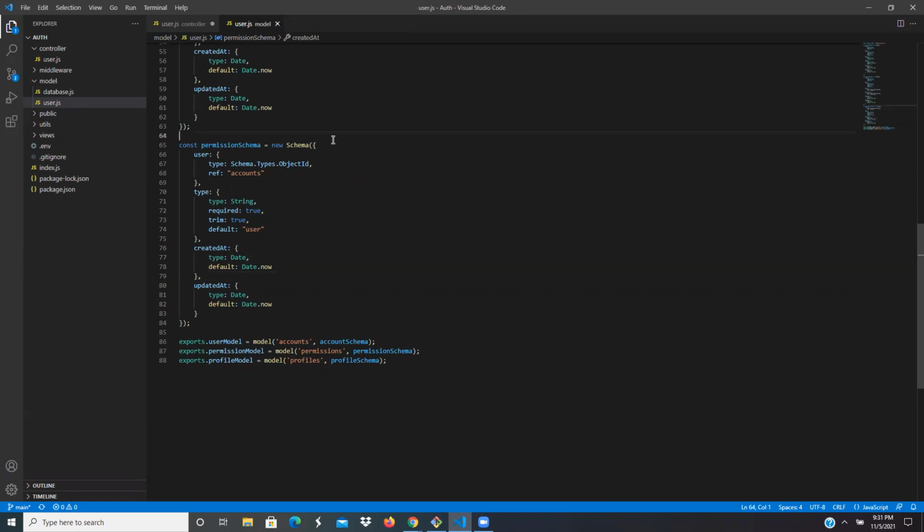So thank God we have a permission schema here. We have it implemented already. So let me just walk you guys through it real quick. So we have a permission, and it has a user key, a type key, created at and updated at also. So this user, if you can see the type is object ID type. So what is expected to be here is actually an object ID, which is basically an ID of a user,